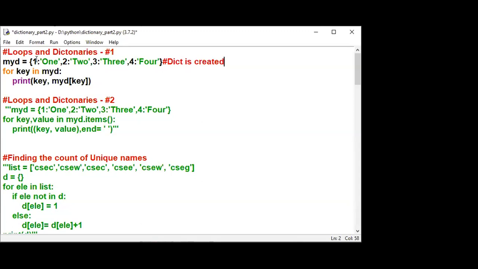First, we read the key 1 and its corresponding value, then 2 and its corresponding value, 3 and its corresponding value, and so on. So for every key in the dictionary, we are going to print two values: one is the key and the other is the corresponding value. This is the method to access the value. Okay, now I'll just execute this.